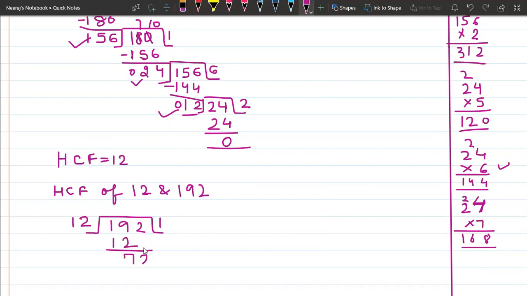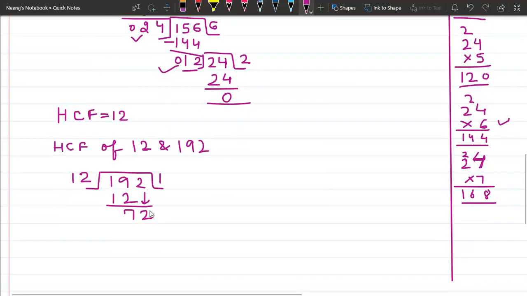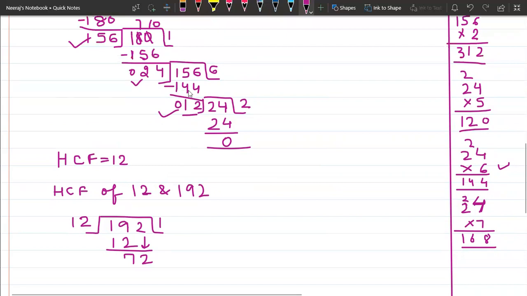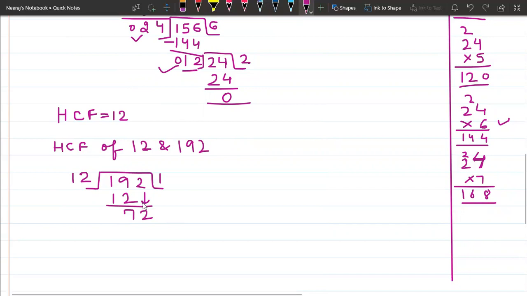Now children, here look at this. Here you will start making a bracket over here? No, we will not do this because you have not finished the division yet. Still you are bringing down the digit 2, and we have not finished this division. Firstly you have to finish this division, then we will make a division box. Once you have finished and subtracted, once you get the remainder, then only we continue.